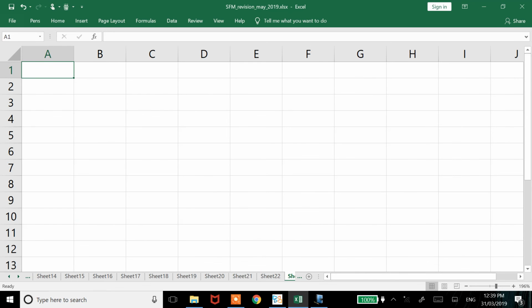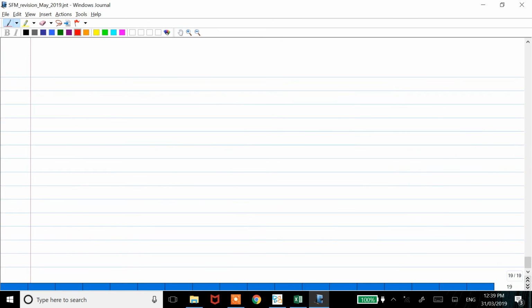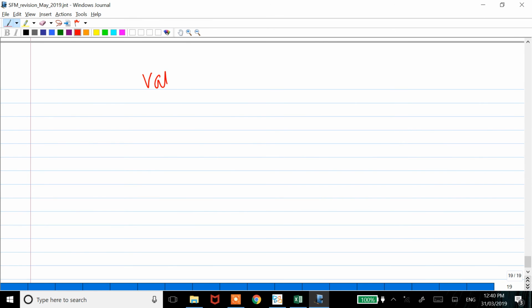Value of firm is equal to FCFF1 divided by KO minus G. The figures are there in the question. Let me know the KO. Value of firm is